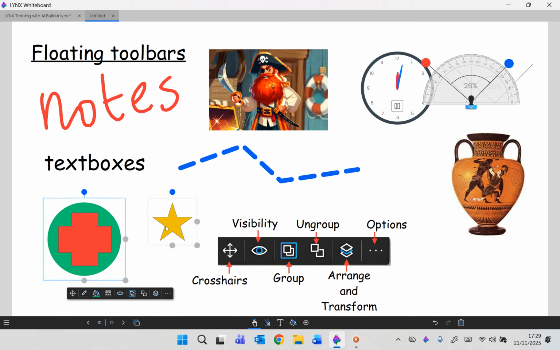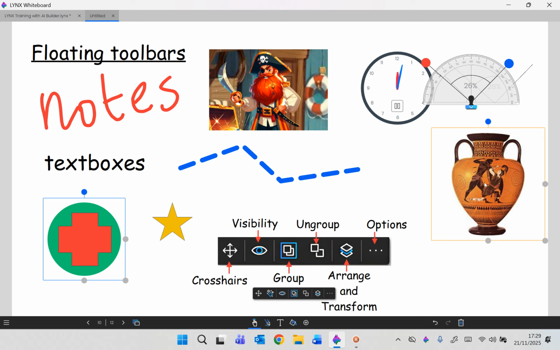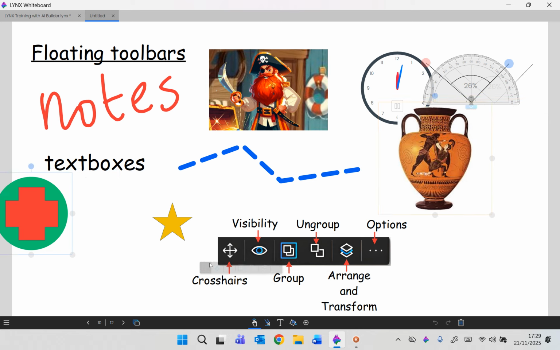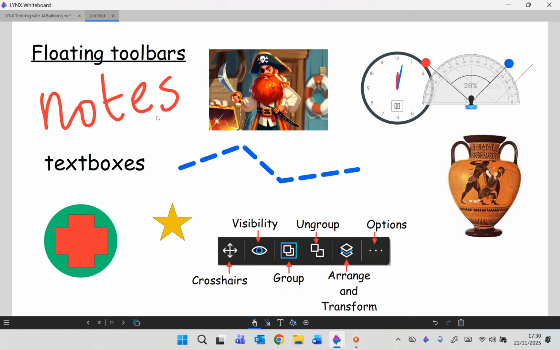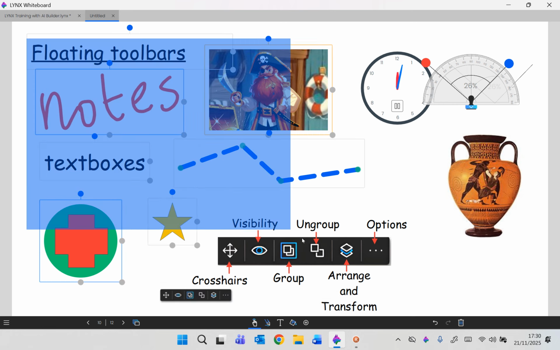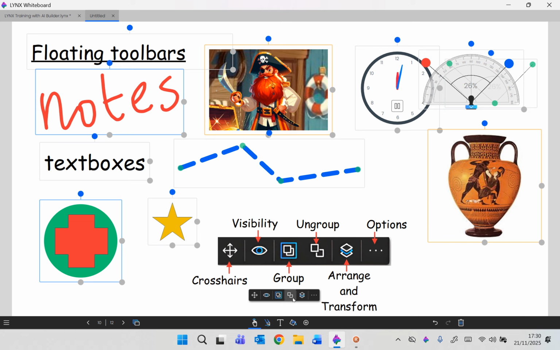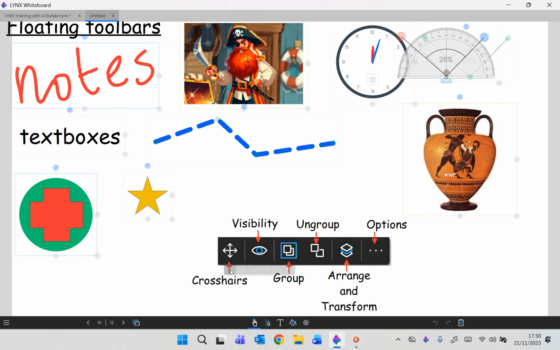I could select very random items, so one on this side of the page, hold my control button and click and hold this item as well. And notice here's the floating toolbar for both of those items across the page. You only get one floating toolbar. It doesn't matter how many images you pick up. So if I pick up all of these images here, I get one floating toolbar and I can move them